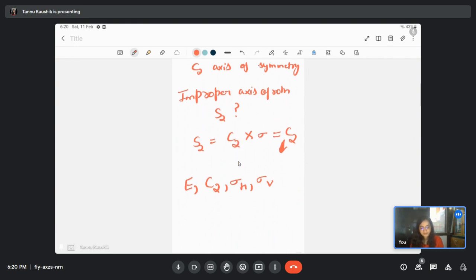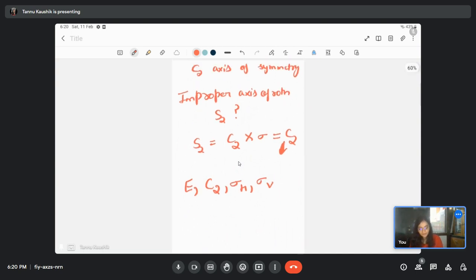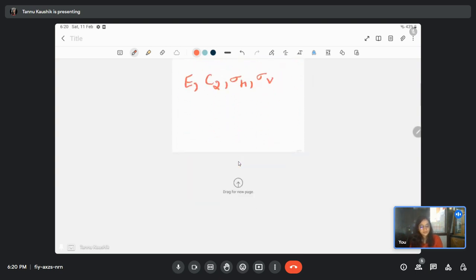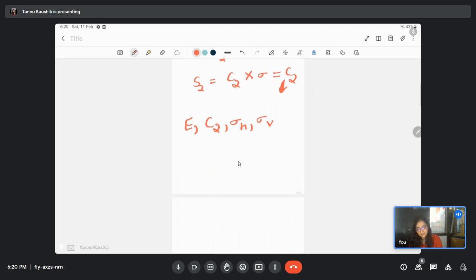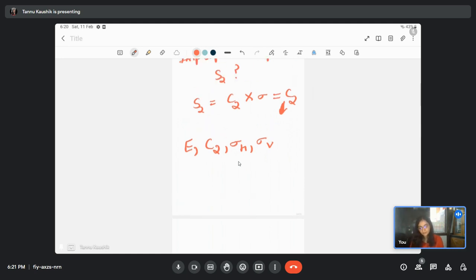I have some doubt with this molecule. I'm not very confident about the operations in this molecule. I'll confirm and will get back to you. But this is what I have been thinking. So I will confirm it once again, and we'll discuss it again in the next session. So let's go ahead with the next molecule,